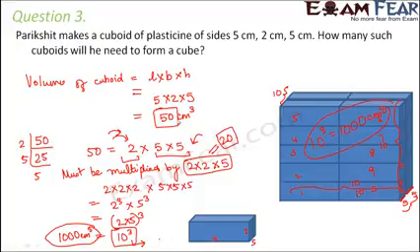And by calculation also we could do it in this way. So 50 was not a perfect cube. That is why it was not a cube. It was not a cube but a cuboid. So we just, by prime factorization, saw what number, when multiplied with 50, will form a perfect cube. And we found that number as 20. So that means 20 cuboids will be needed to form a cube.